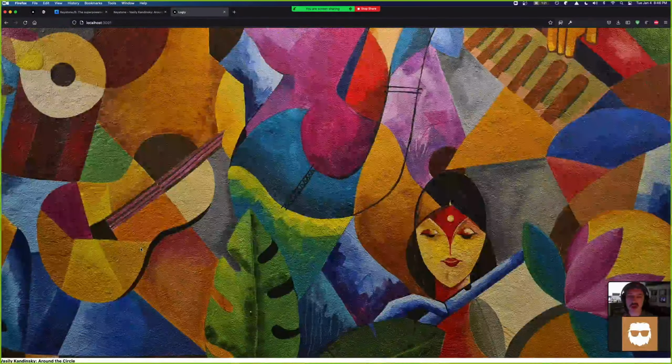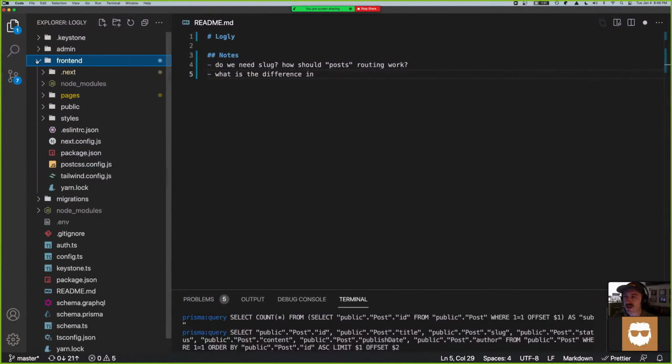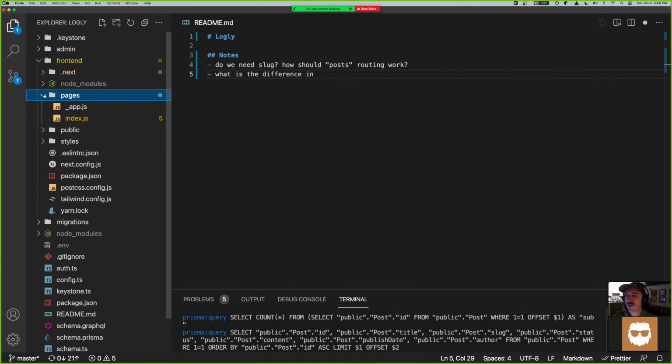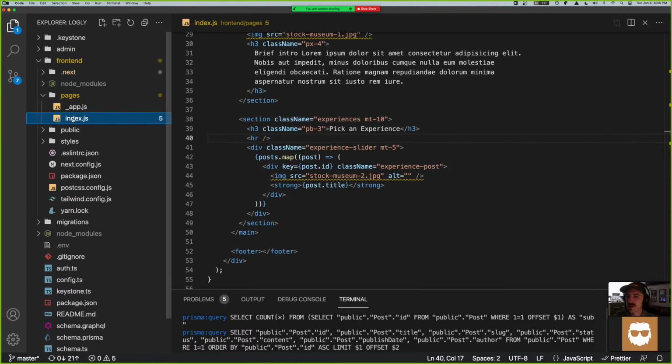No, those are hard coded in the front end folder for now. Oh, you mean like, yeah, I see what you mean.